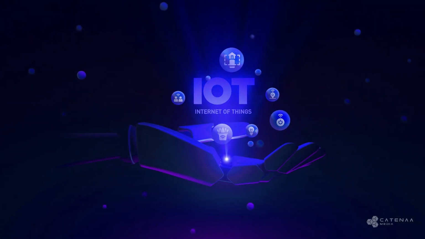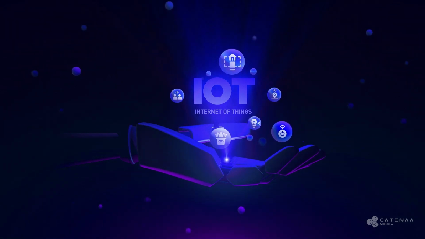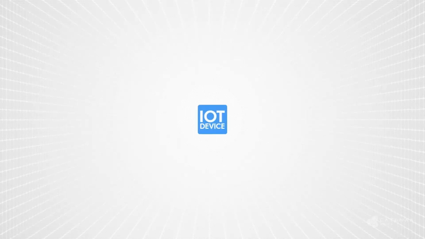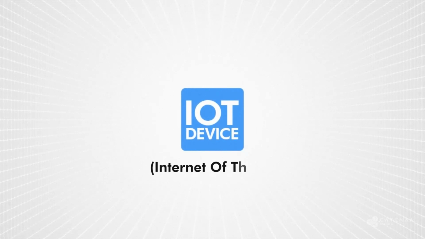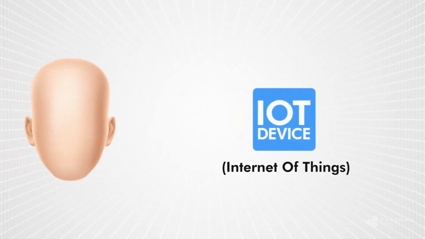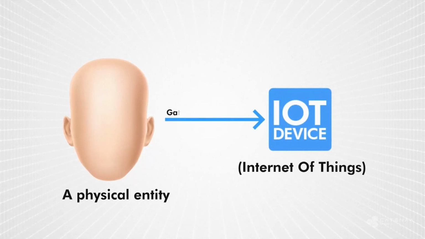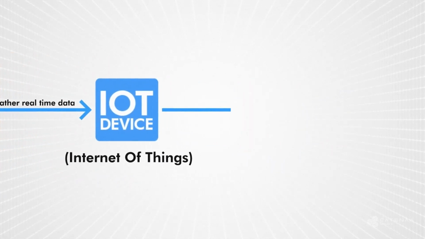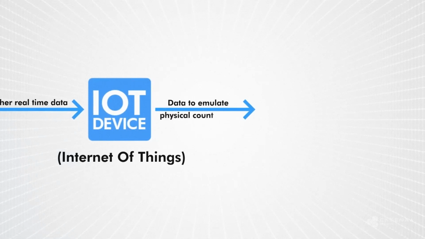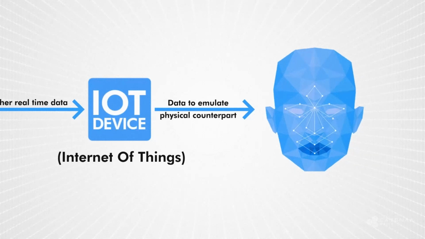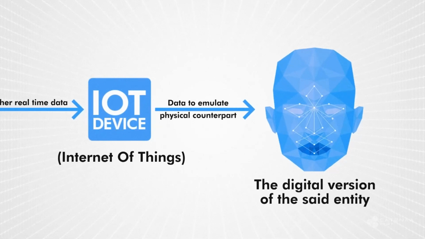IoT devices play a crucial role in digital twins, providing real-time data for the digital twin to emulate the physical counterpart. Creating a digital twin involves leveraging IoT devices to gather real-time data, which the digital twin replicates to emulate its physical counterpart. As IoT devices advance, the quality of data they provide improves, enhancing the optimization of the physical entity. Digital twins, in turn, organize and interpret the complex data generated by IoT devices, establishing a symbiotic relationship.